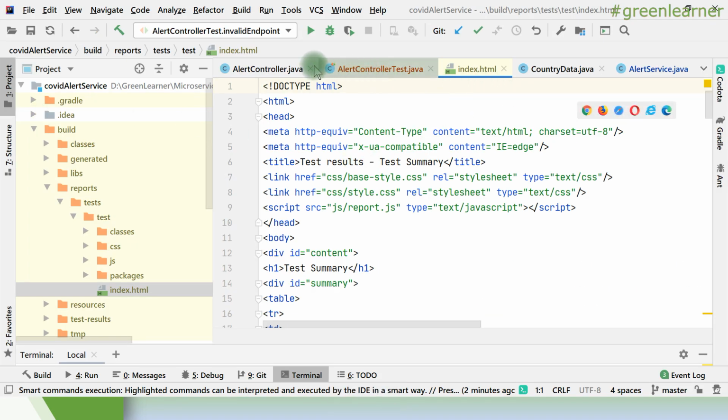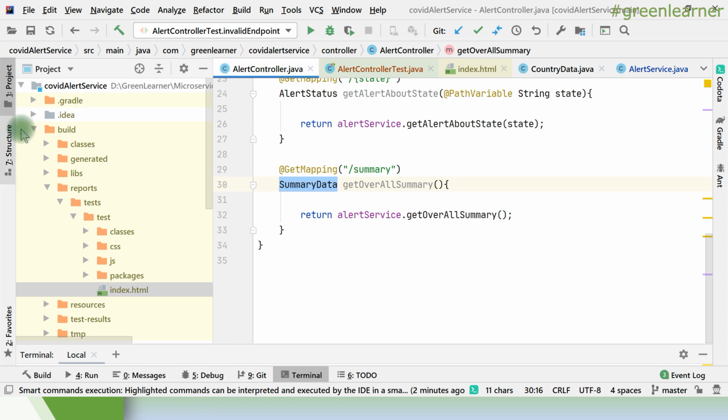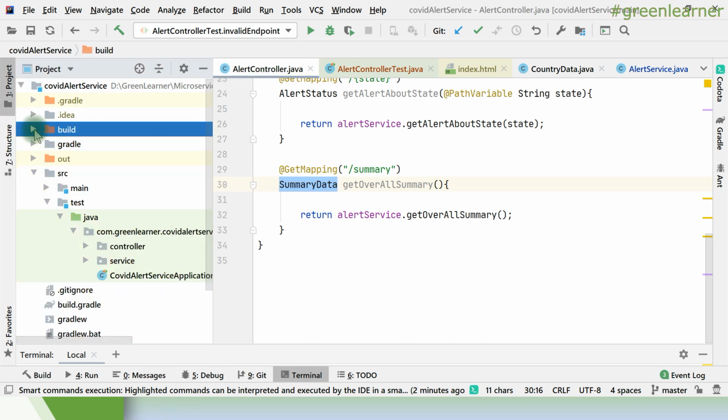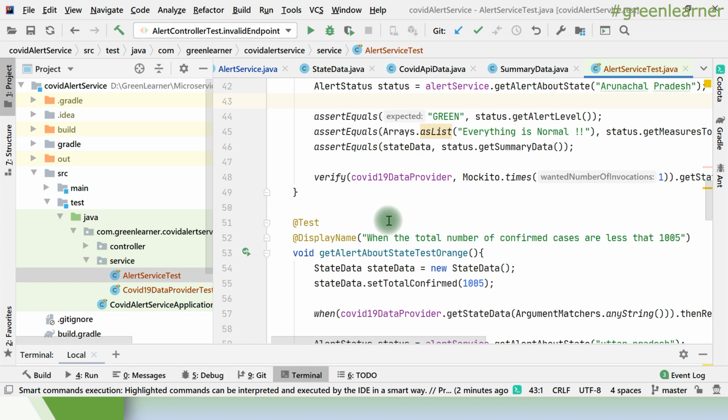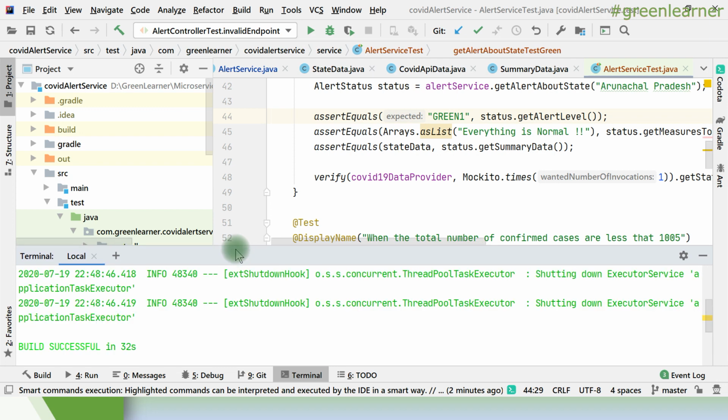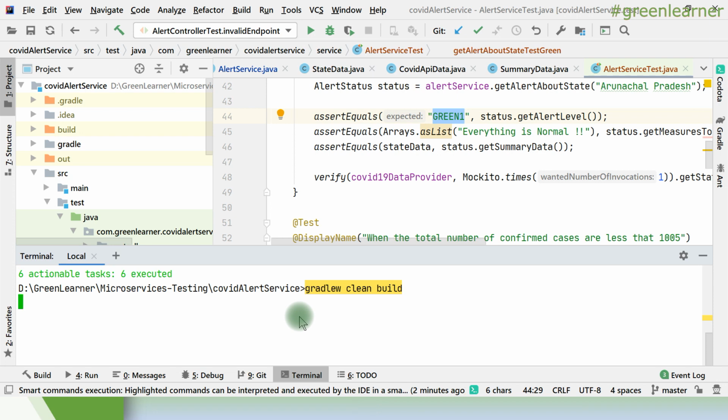And the important thing with this is, if there is any change in the business logic and any single test fails, your artifact is not good and your build is going to fail. So let me introduce one error here. Suppose there is a business logic change and you have changed the status from green to another value. How is it going to affect things? It is going to fail, and in the report I'll be able to see exactly which tests are failing. Then I can go there and fix it, whether I want to fix the test or the business logic. That's up to the requirement.